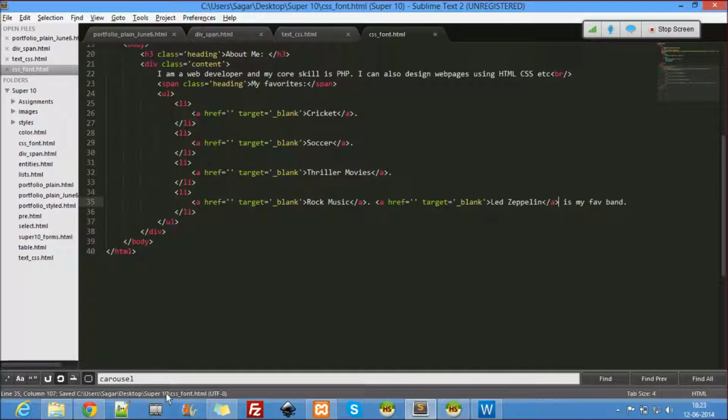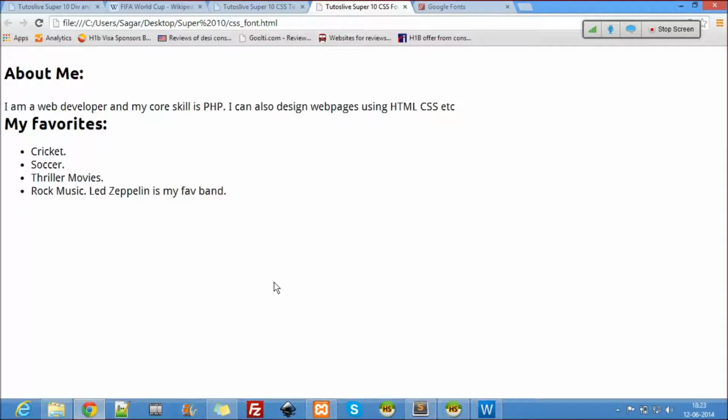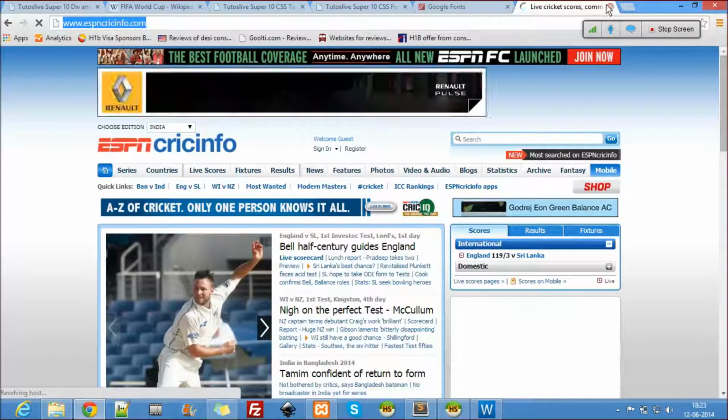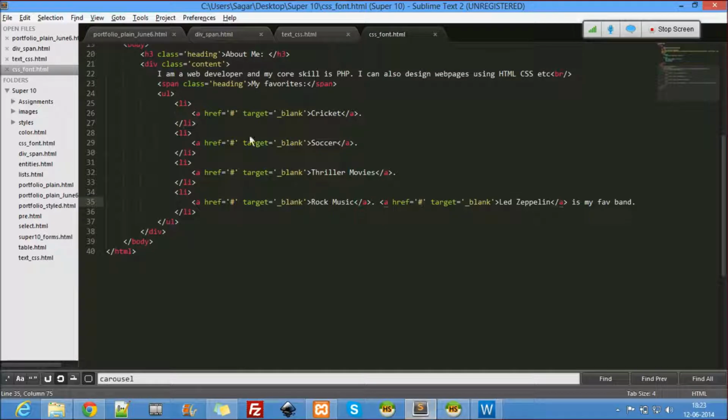Fantastic. So now let's see. Usually I'll use this to fill it, because as of now I don't know what the links are which go in there. So when I know, I'll put those links. But let's see how it looks on the front. So refresh. Now you see everything is a link. Whenever somebody clicks on cricket, I want to go to cricinfo.com. So anytime anybody clicks on that link, they'll go to cricinfo.com.